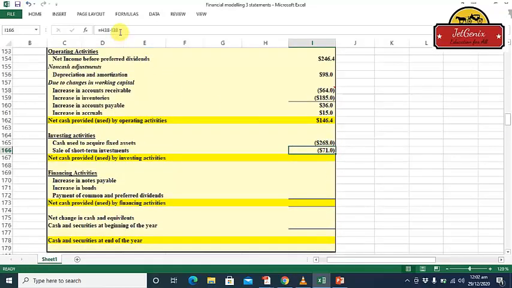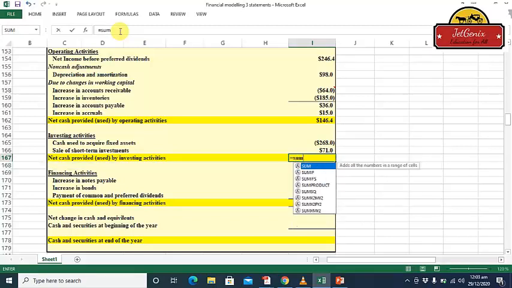That's why you have to make certain changes here again: start the parenthesis, come here, write minus and start the parenthesis, so that you can make it positive. Now you have collected 71 million from the sale of short-term investment. Now we are going to calculate the net cash provided by investing activities, and that is